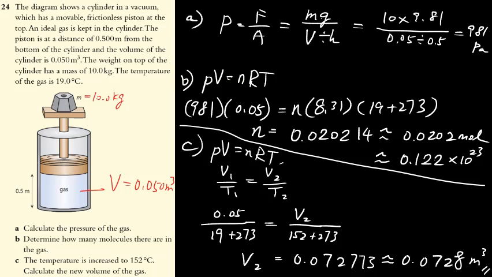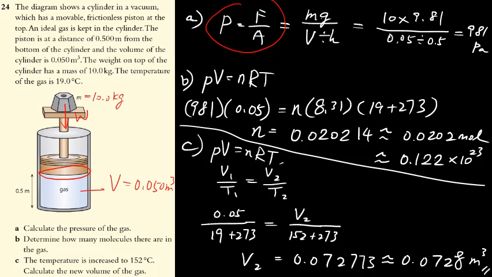Next question. For part A, you need to calculate the pressure of the gas, and you finally use the first equation you see in the study guide, which is pressure equals F over A, the pressure for solids that you learned in IGCSE physics. The force here is obviously the weight given by this chunk of mass, and the area is, of course, on the